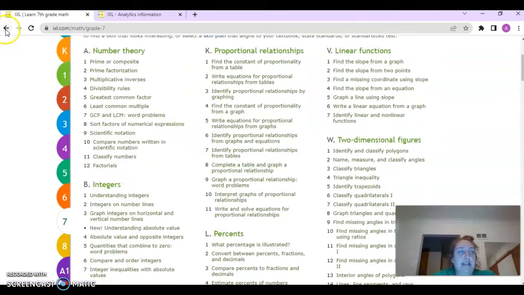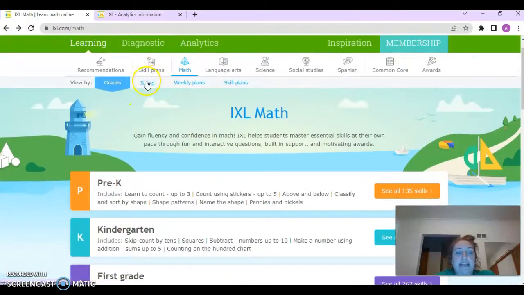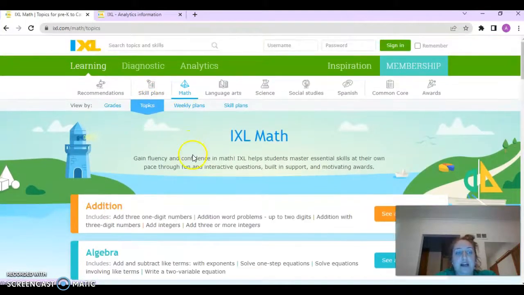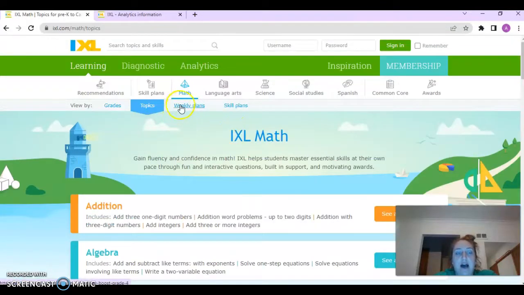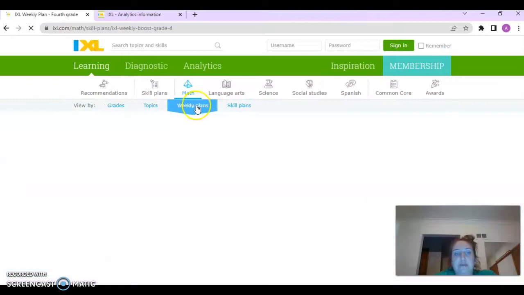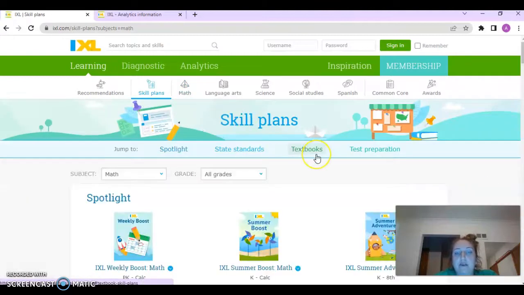If I go back a page, up here at the top, though, I can also split it up by topic. So if we're doing algebra, I can go in and see all these different algebra skills, just like we did there. Weekly plans you can create for your students on what they should be learning week by week. Skill plans, however, is the one tab that I probably use the most. And skill plans gives you